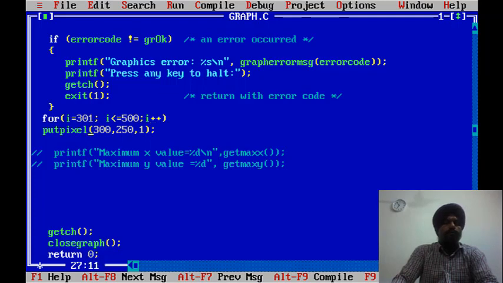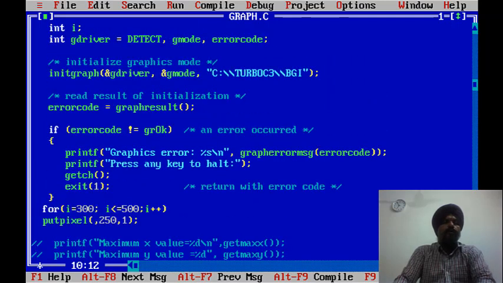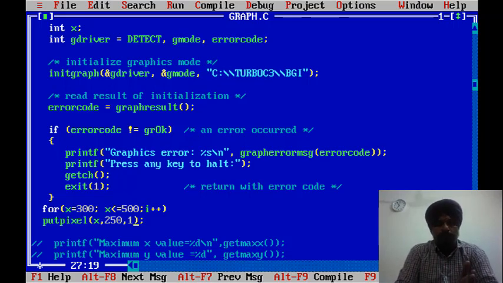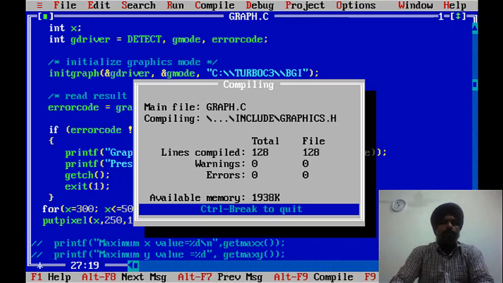So apart from using the constant value 300, to make it clearer I can change this variable to x. Now it clearly shows that we are using the value of x. This loop will increment the x value while the value of y remains the same, and draw the line. Now let's see what happens when we run the program.